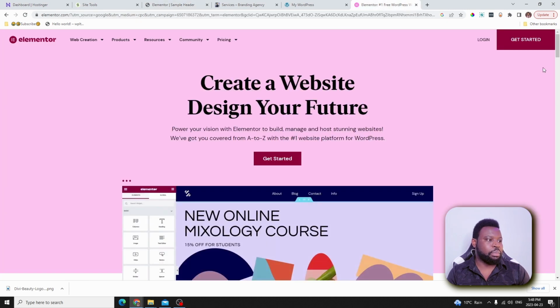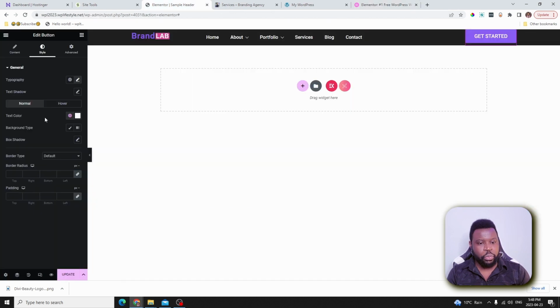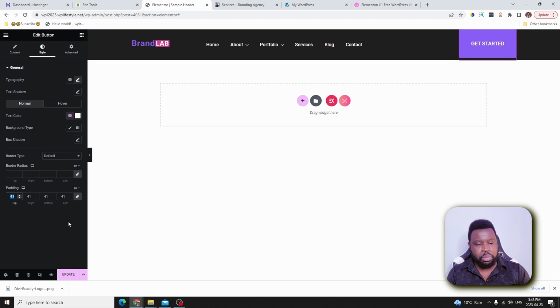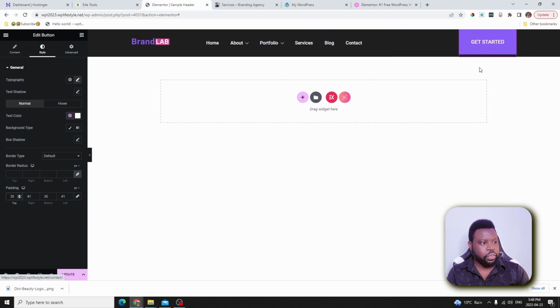If you look at the example that we are using, you can see the amount of padding that they have inside here. So we come back here and we have the padding option here under the styling option. You can go ahead and add padding in here. Maybe we can add something like this. Maybe we can unlink this so that we can do 35 on the top and then 35 for the bottom, and then maybe for left we need to do 45, and then right we can also do 45 as well.